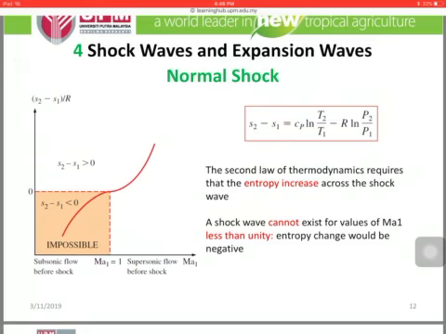Okay, now we want to see what happened to the entropy along the shock wave. So this formula